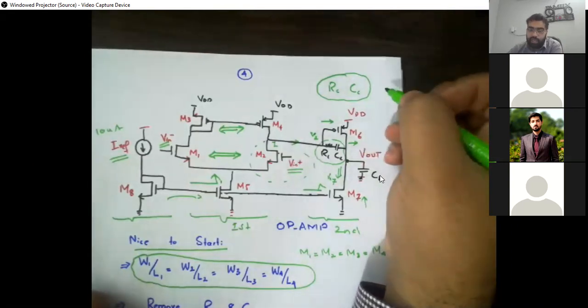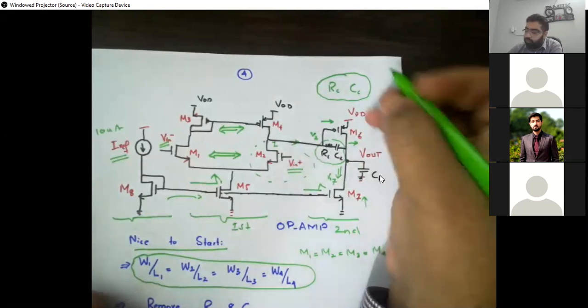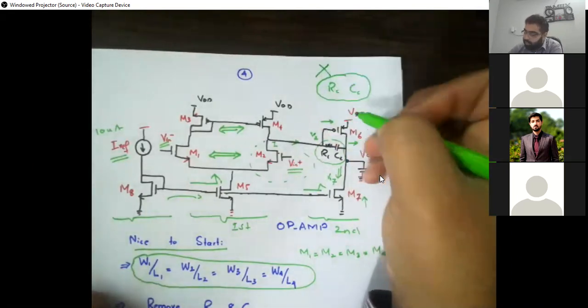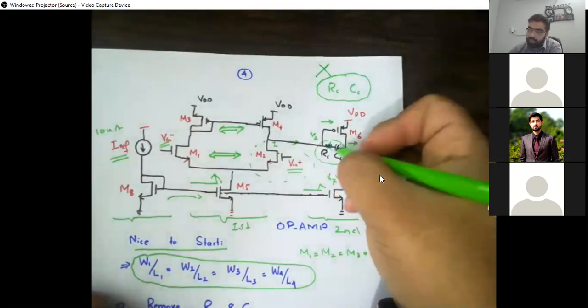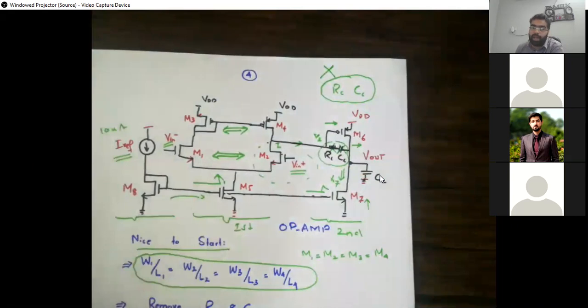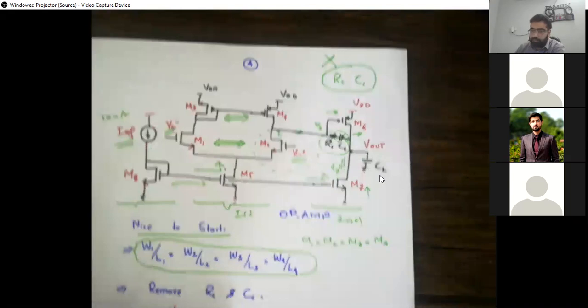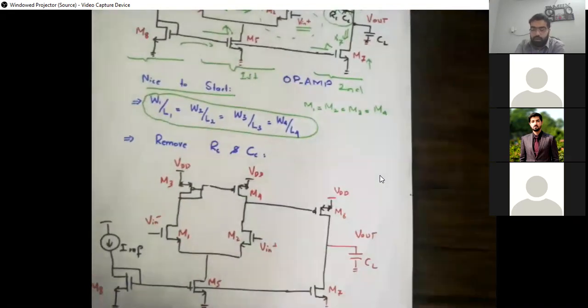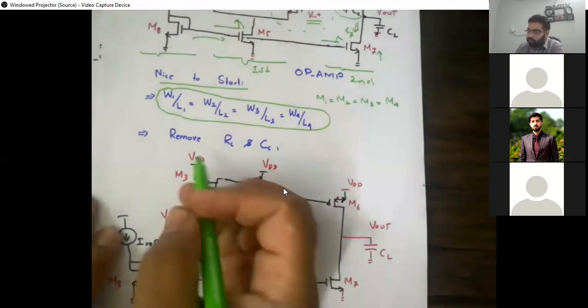But for initial design, for initial calculation and for initial analysis, we will remove these R and C. Let's take these R and C out. ठीक है, हम इन दोनों resistor and capacitor को initially remove कर देंगे and then we are going to bring back that why we need these resistor and capacitor. The whole idea of them, as you can see, is the name is compensation, the same frequency compensation जो हम लोगों ने last lecture में discuss किया. Right. So now let's remove the resistor and capacitors.